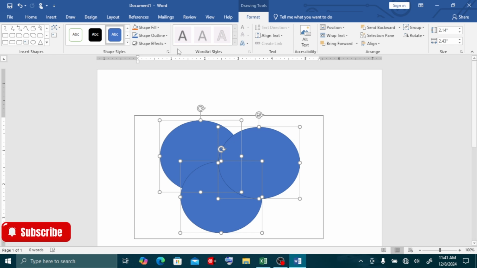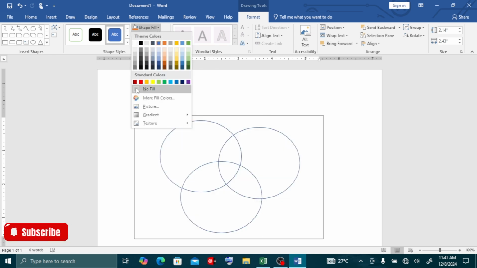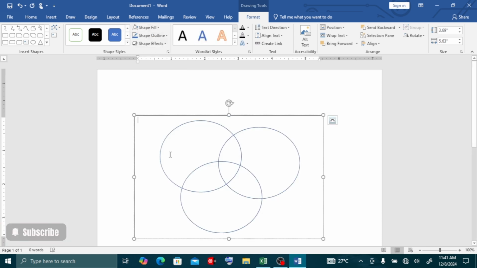So you go to format and look for shape fill. You click on shape fill and you click no fill, like that. After clicking no fill, you click outside the Venn diagram for the selection box to disappear.